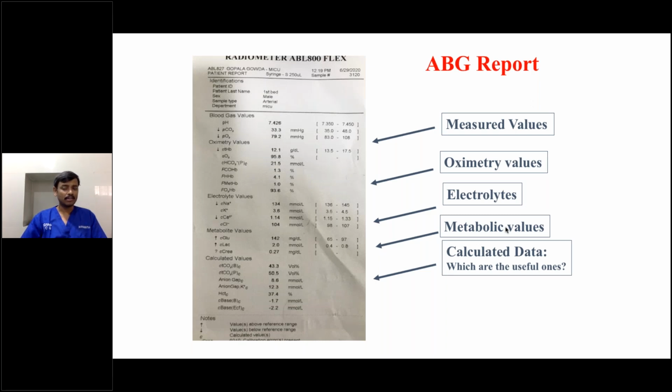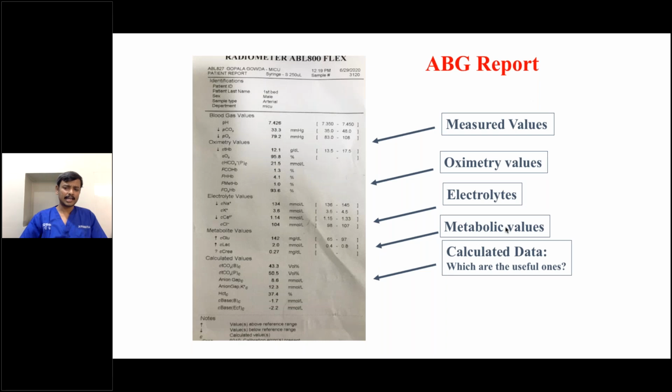These values are very important when you want to know whether abnormal hemoglobinopathies are there in the patient or not. And also there are electrolyte values. These electrolyte values are very helpful in identification of metabolic acidosis, whether it's high anion gap metabolic acidosis or normal anion gap metabolic acidosis. And even in the recent ABGs, we can find lactate value, glucose, creatinine, even calcium and magnesium values. There are also calculated values, like anion gap and corrected base excess. These calculated values are also available.